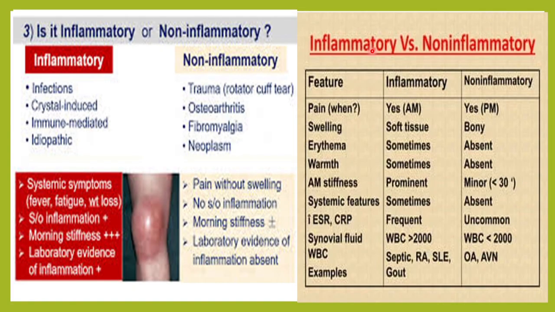I have told you that it is an inflammatory arthritis because it has all the symptoms of inflammation. Inflammatory arthritides are those caused by infections like septic arthritis, crystal induced arthritis, and immune mediated arthritis. Here you have inflammatory symptoms: the patient would have fever, morning stiffness, pain, swelling, and loss of function. In the blood parameters, you will have an elevated ESR and CRP, and the synovial fluid would show increased WBC, all signs of increased inflammation.